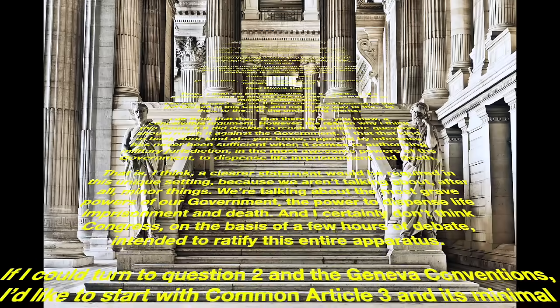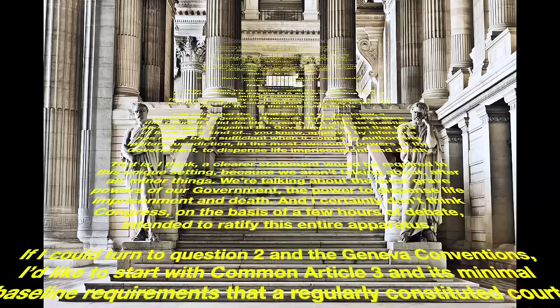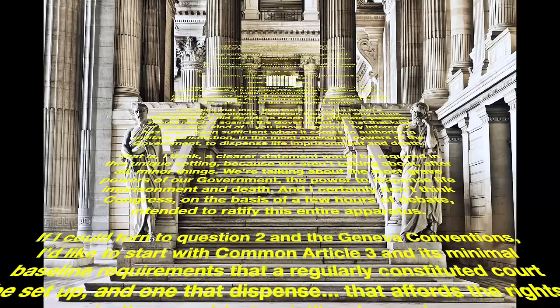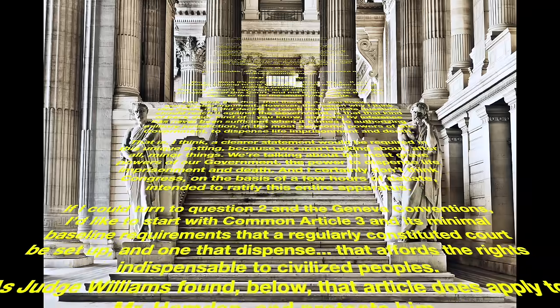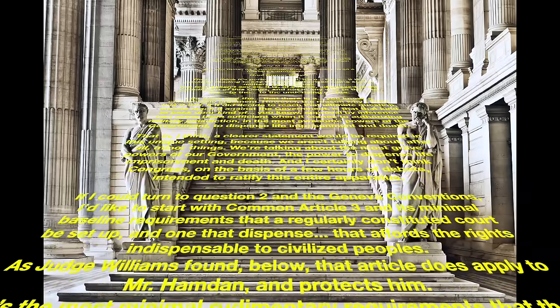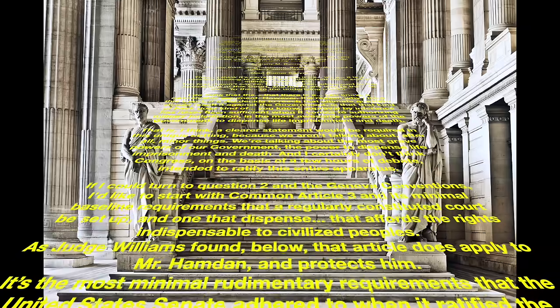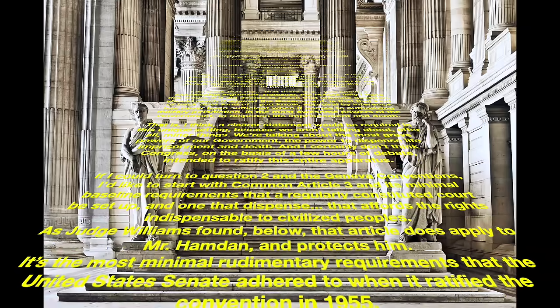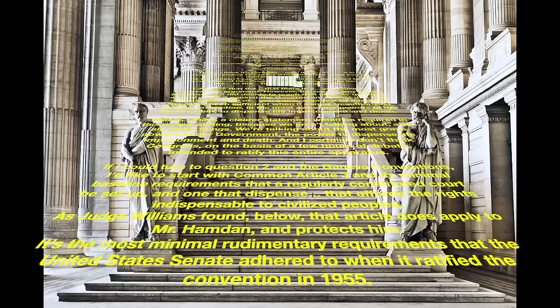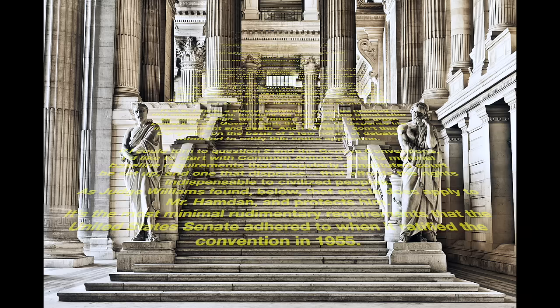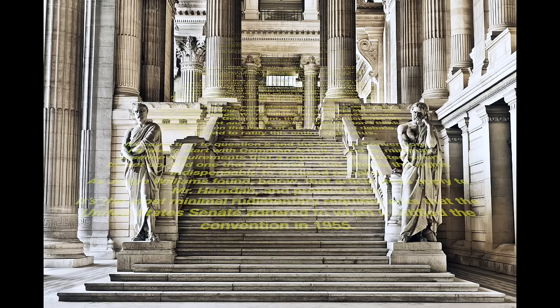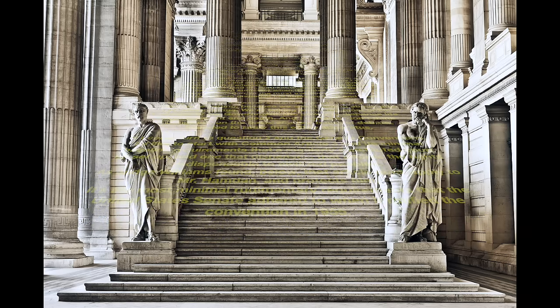entire apparatus. If I could turn to question 2 and the Geneva Conventions, I'd like to start with Common Article 3 and its minimal baseline requirements that a regularly constituted court be set up, and one that affords the rights indispensable to civilized peoples. As Judge Williams found below, that article does apply to Mr. Hamdan and protects him. It's the most minimal, rudimentary requirements that the United States Senate adhered to when it ratified